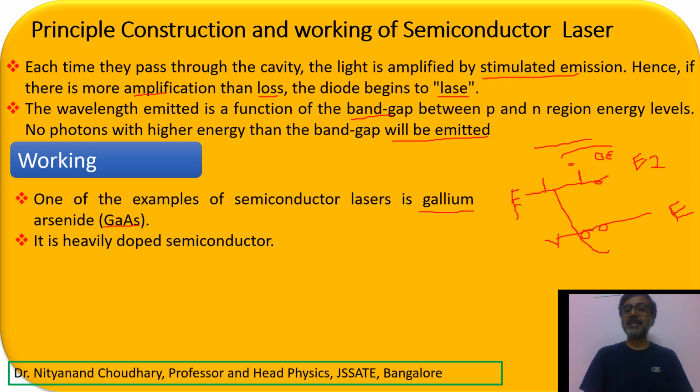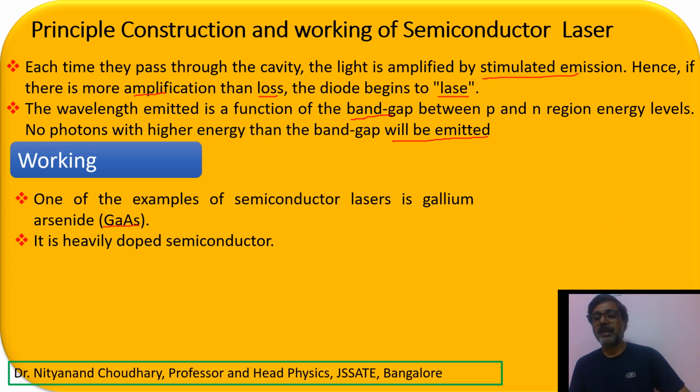So Fermi energy in case of your intrinsic semiconductor will remain exactly in between, but in your extrinsic semiconductor, if you dope, then the Fermi energy is going to vary its position. It is going to shift its position, right? And it can move towards your conduction band or it can move towards your valence band. Now let us try to understand this further.